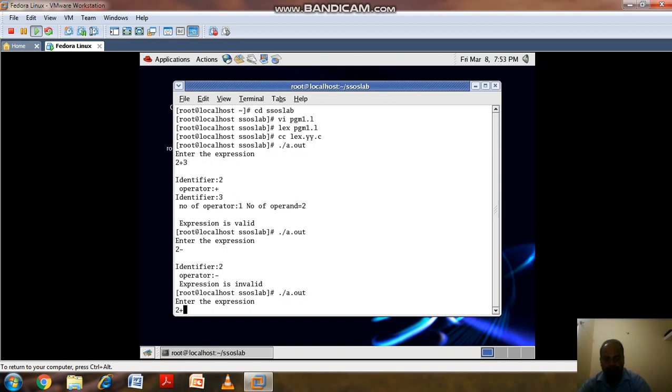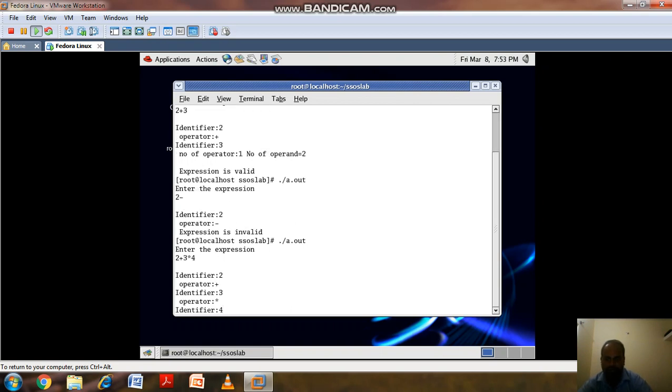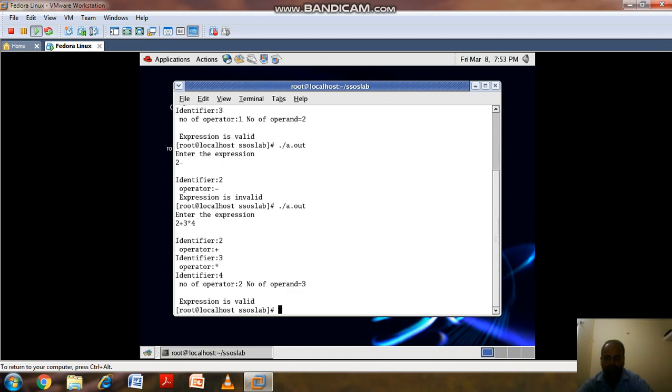Again we can see another, a little more complex, 2 plus 3 into 4. 2 is an identifier, plus is an operator, 3 is an identifier, into is an operator, 4 is an identifier. Control D, the number of operators is 2 and the number of operands is 3, and the expression is valid.